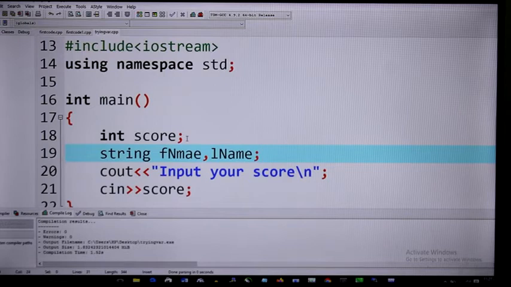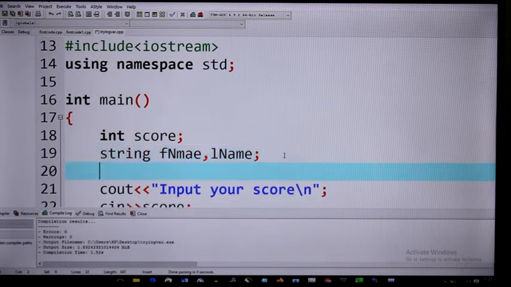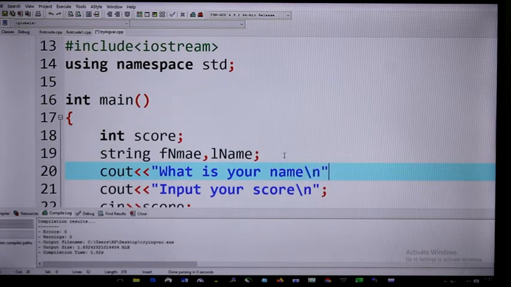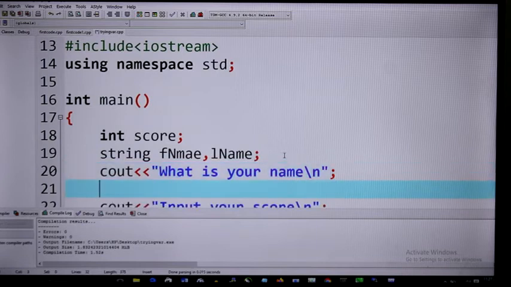So those are the two strings. Then before you input your score, you want to know your name. So when you ask for your name,